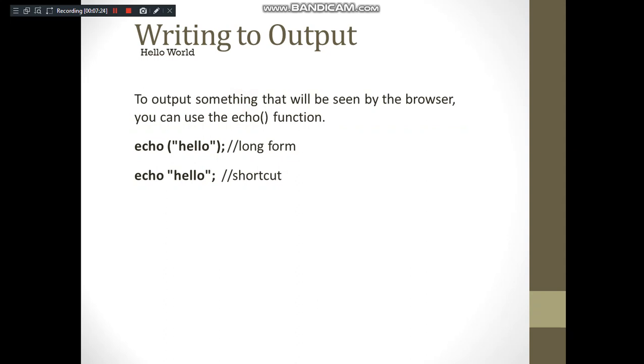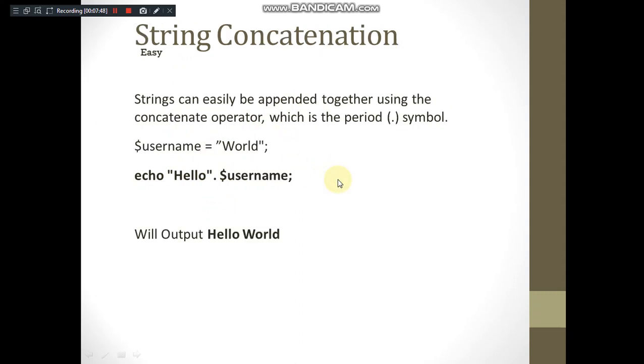So how do we display output through PHP? As I said, it can be displayed in the browser's window through the echo function. It can be used with or without the brackets also. This is a shortcut to just mention the string enclosed within double quotes, skipping the brackets, or else you can use the brackets also. Both are acceptable. String concatenation is done through the dot operator. It can be done through echo also. It will output the value as hello world.